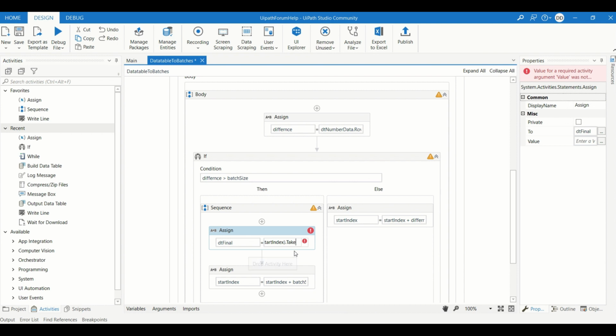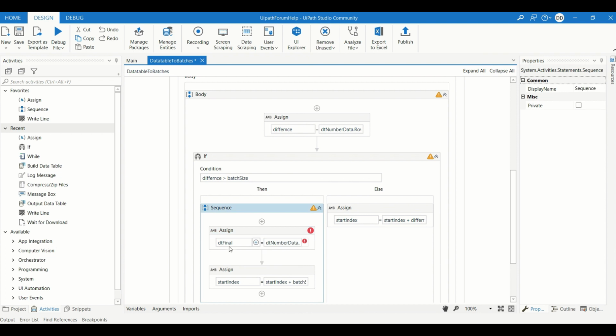So after skipping that data, we have to provide the take condition, and in take we will provide what value? If we have to create a number of batches to be 4, we can hard code it as 4, but we have to provide here the batch size variable which we have taken above. And now dot copy to table.